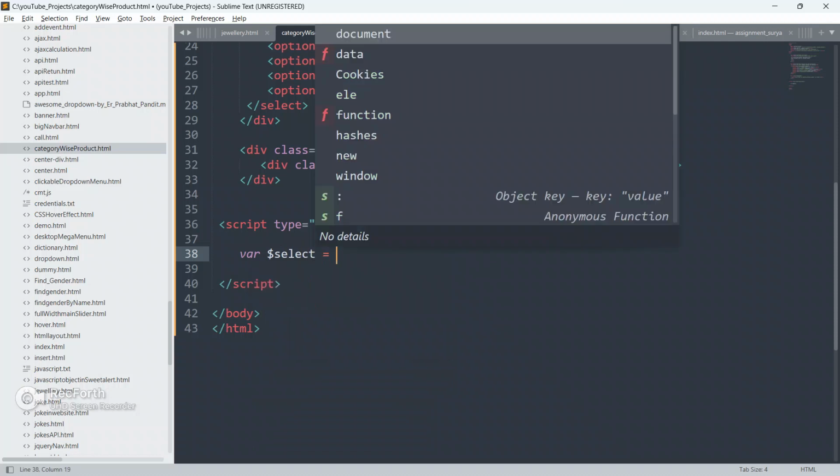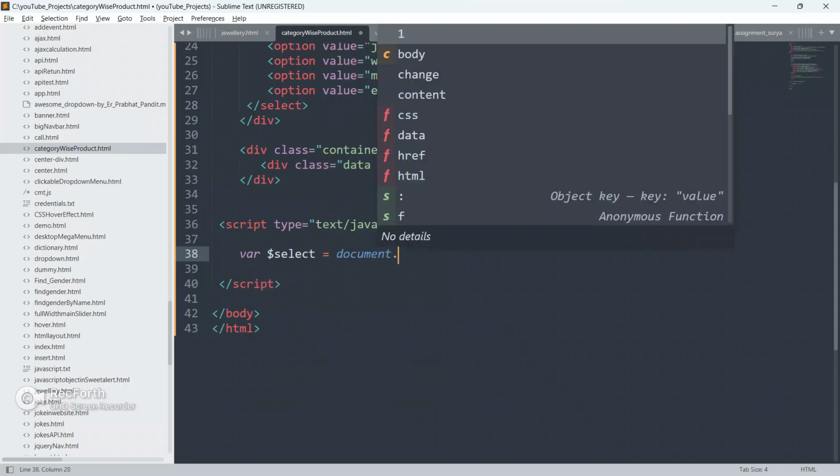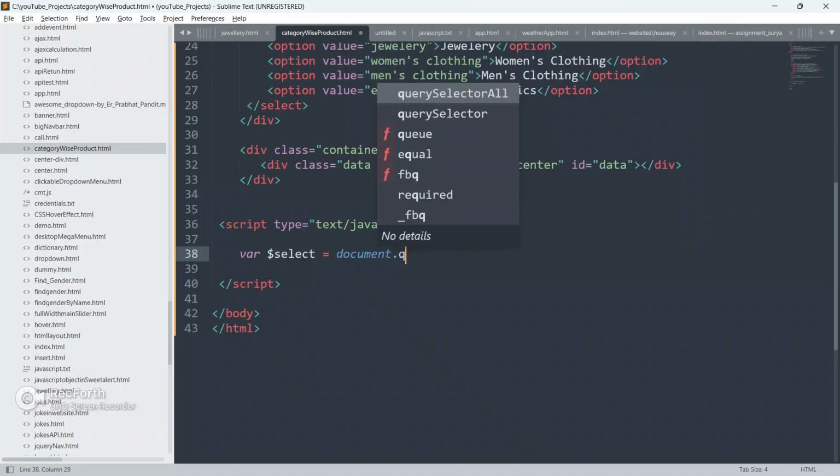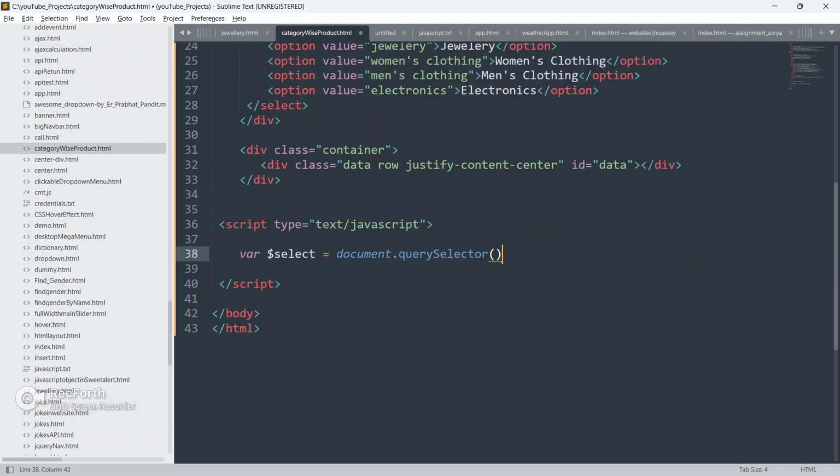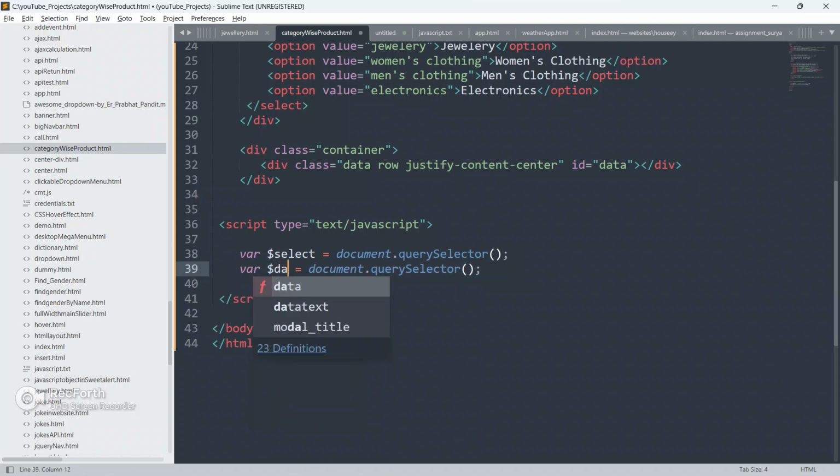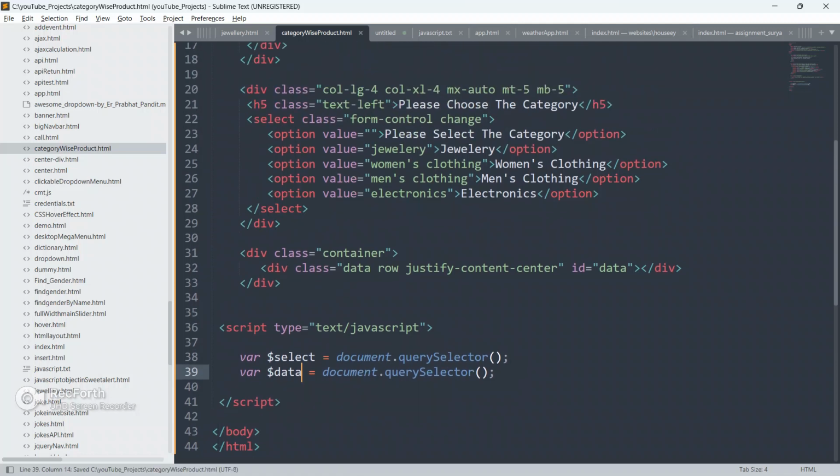So select document dot query selector, and copy this, because we need at least 2-3 variables here. I'm going to paste it here 2 times. Close this and this also, and change this variable to data.